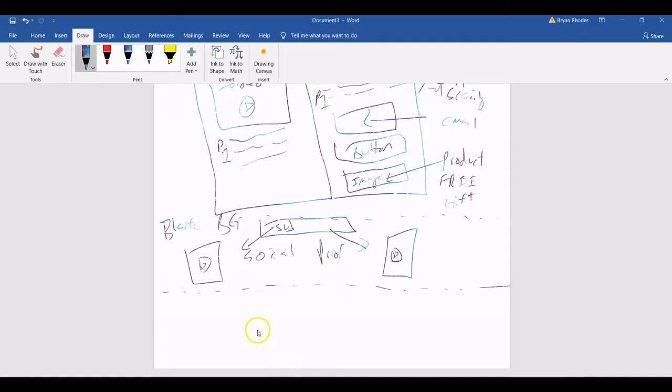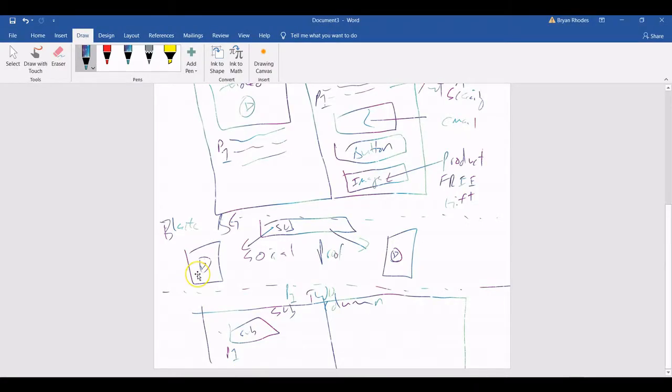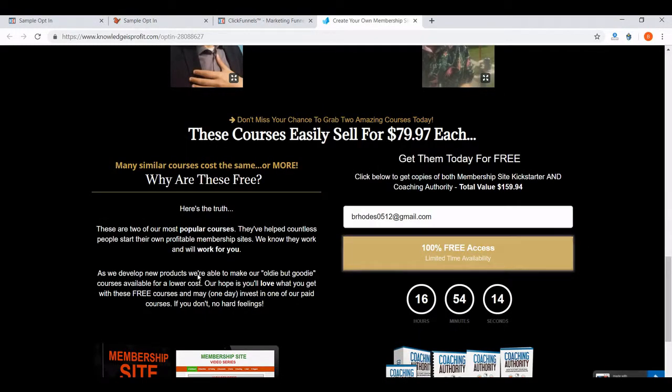So in this case, it would be paragraph 1, sub-headline. This is another 2-column. I'm doing this really fast, but it's another 2-column here. It has sub 1, paragraph, and something like that. I'm not going to go into all this down here because this is a pretty long